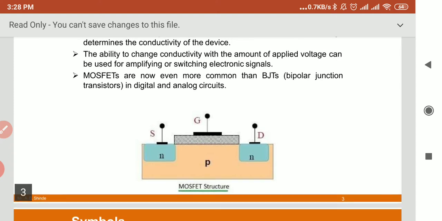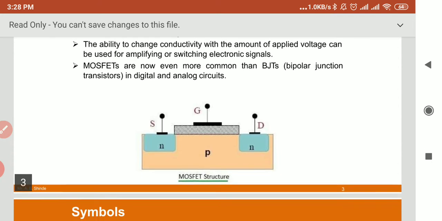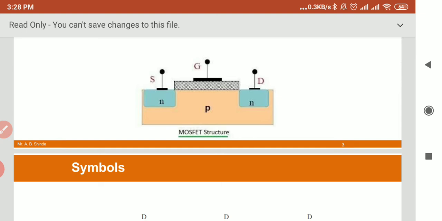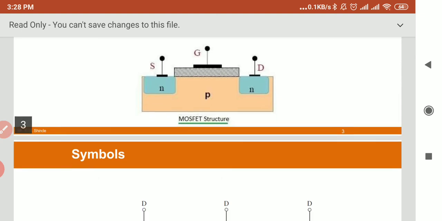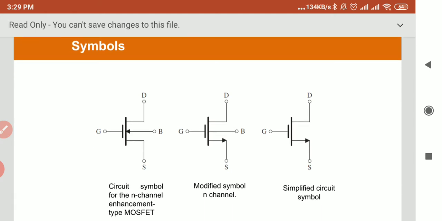We use MOSFET more commonly as compared to the BJT in digital and analog circuits. Since digital circuits can be designed using only MOSFETs with no additional resistor and diode, high density VLSI circuits like microprocessors and memories can be fabricated using MOSFETs. It is because of MOSFET that we have calculators in our hands and PCs on our tables.